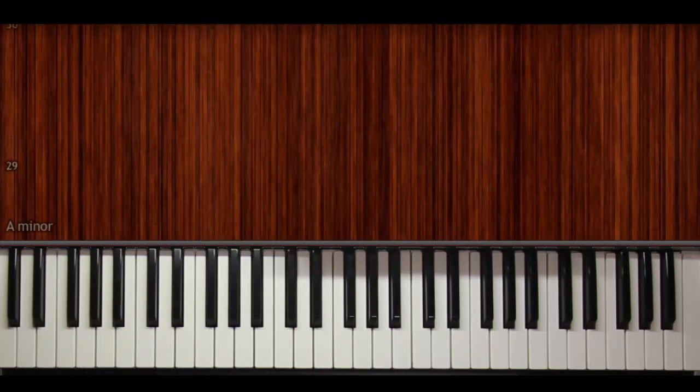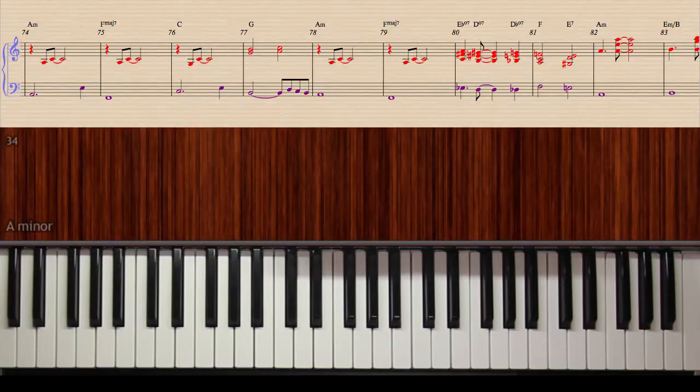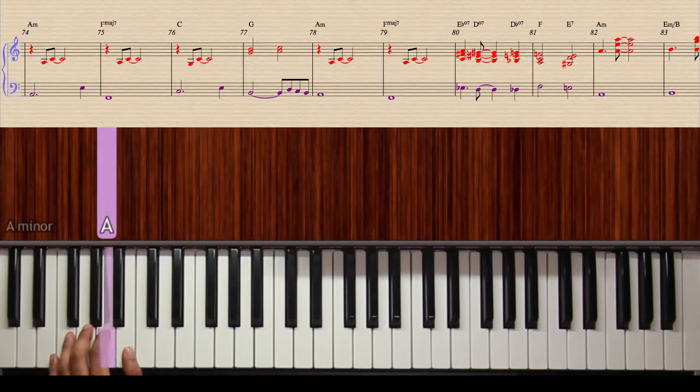Since the accompaniment is not so difficult, I'll break it down bar by bar instead of demonstrating the left hand and the right hand individually. Okay, starting with bar number 74. In our left hand, we have a dotted minim,